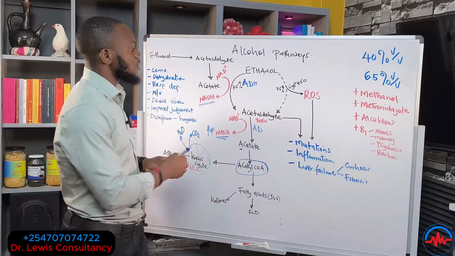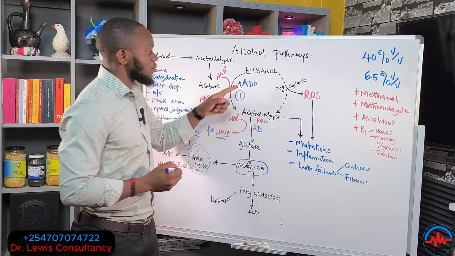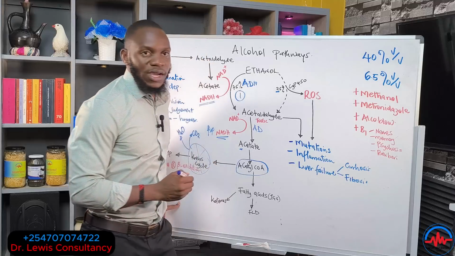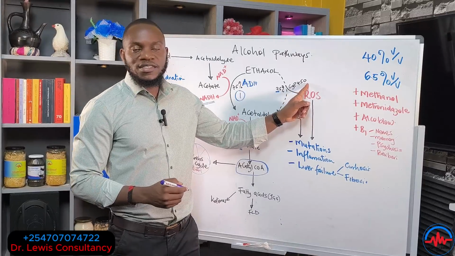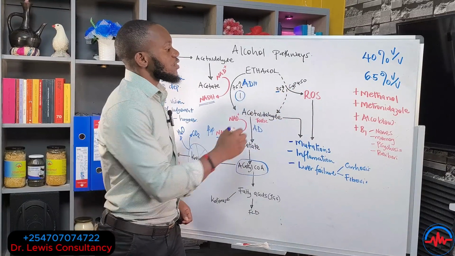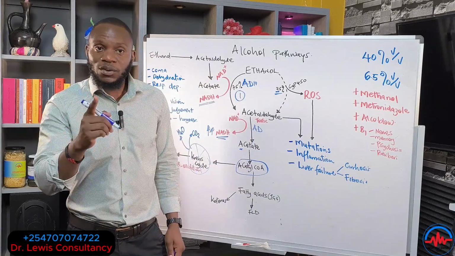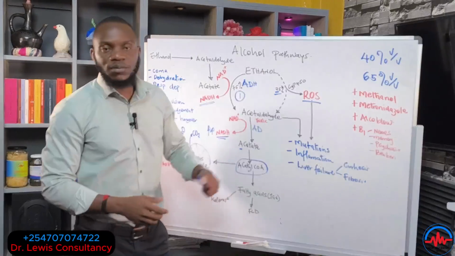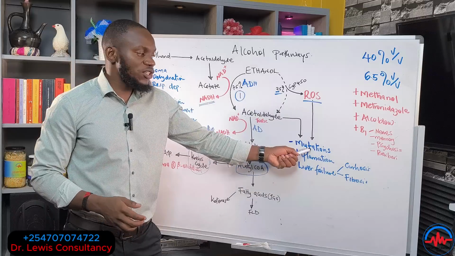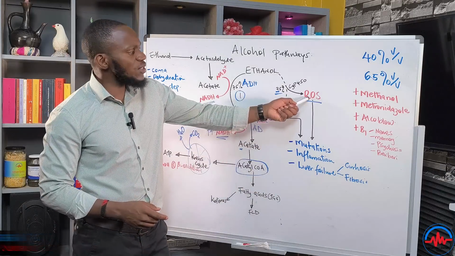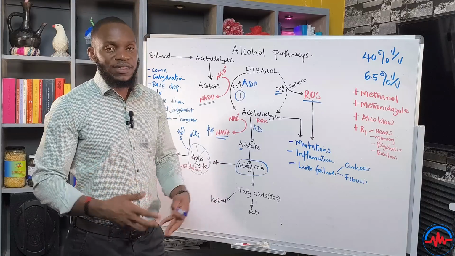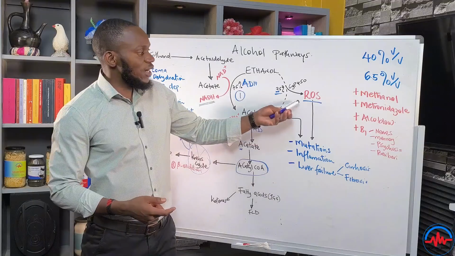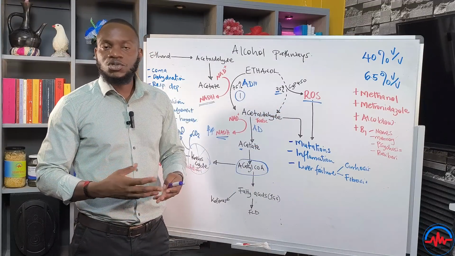Now, pathway number two. So this pathway number one, the alcohol dehydrogenase pathway, gives you the ATP and all that. Pathway number two, which takes 25% of the alcohol, is the CYP enzyme system. Now, this is a dangerous pathway because you break alcohol and it will release the reactive oxygen species. These are inflammatory mediators. These are the ones that induce mutations in the mitochondria. These are the ones that actually cause systemic inflammation in the system. The same are actually produced by the unsaturated fats, the seed oils. So you see that.